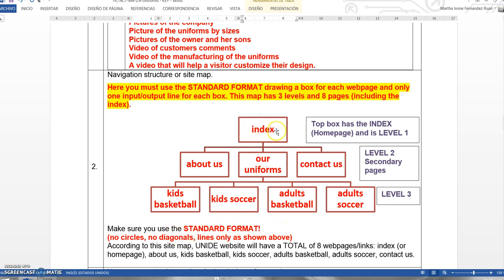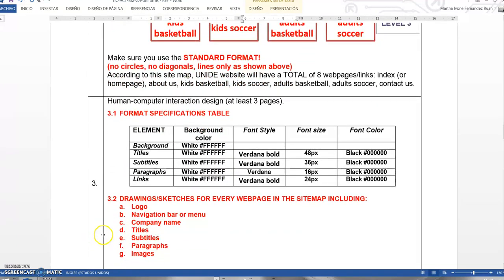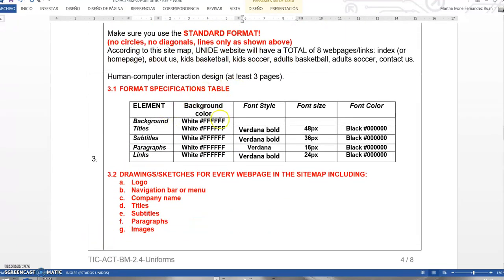Now it's pretty important that you really pay attention to the standard format of the hierarchy. So each page name is enclosed inside a rectangle or box, and we draw the lines just like this because these are expressing or communicating hierarchy. Otherwise, it's just a drawing. So make sure you use the standard format or it's not a sitemap. Now that we know the pages for our website, then we are ready for step number 3, which is about defining the colors and fonts for the website, which is 3.1 format specifications table,